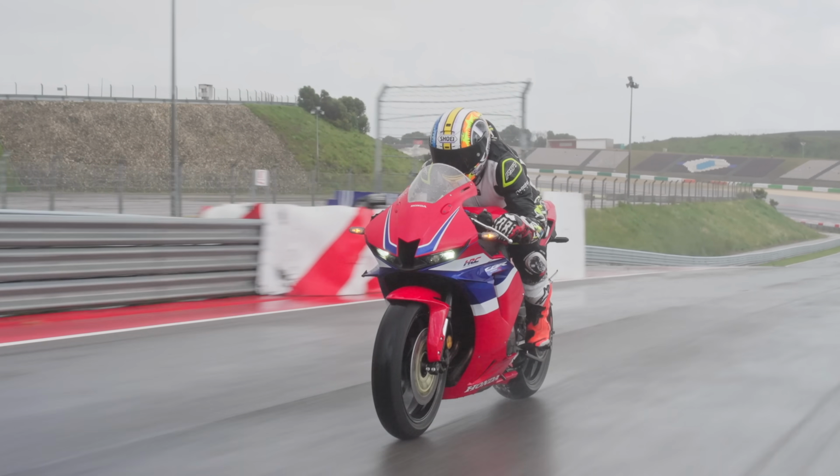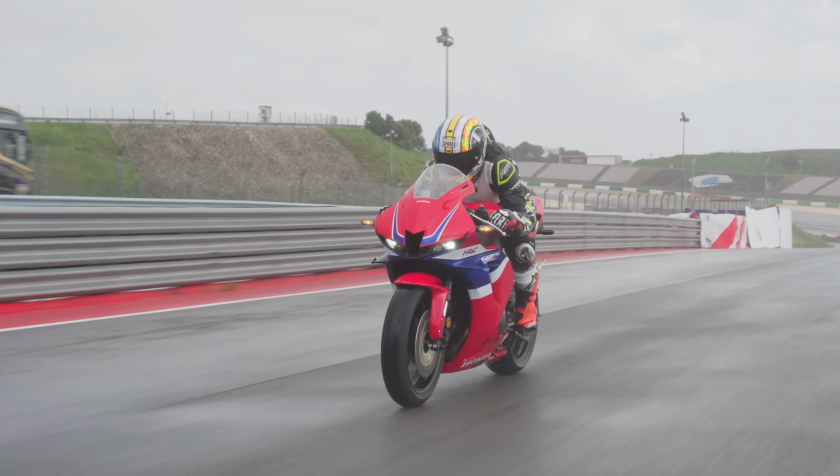So as you can probably tell, this is a proper wet Portimão. However, that will not dilute the fun that I'm about to have, because we are here with Honda to ride their new CBR600 and Fireblade. Now what makes it interesting with this inclement weather for the CBR600 is, in theory, it's never been more